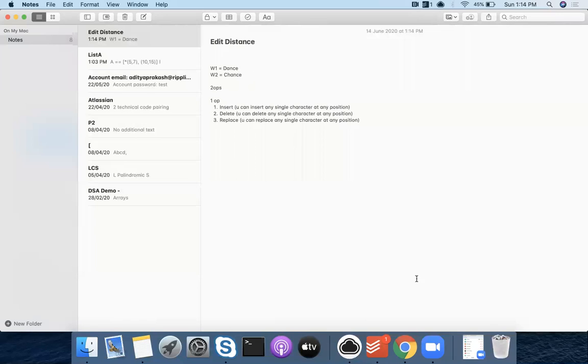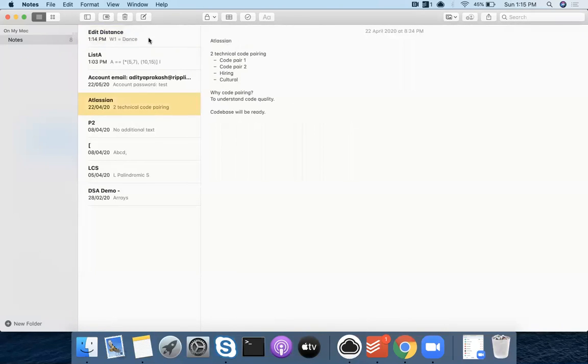Anybody struggling with this problem? Okay. So now that the problem is clear, let's see how you can solve it. Go ahead and give it a try. How can you solve it?